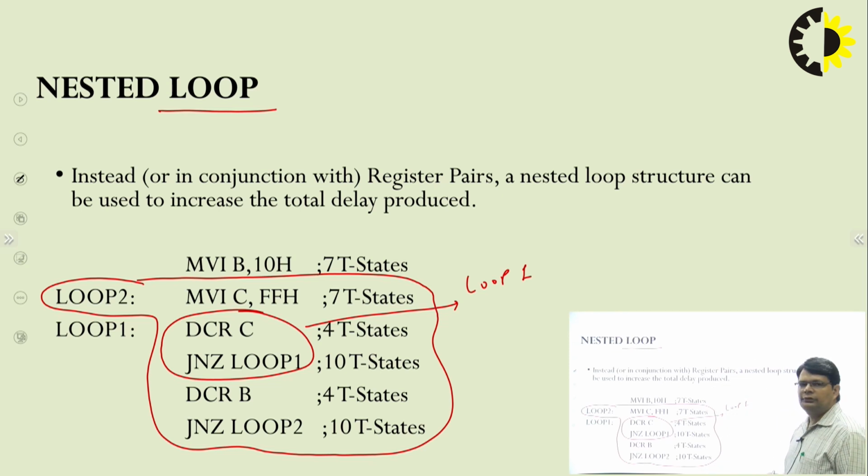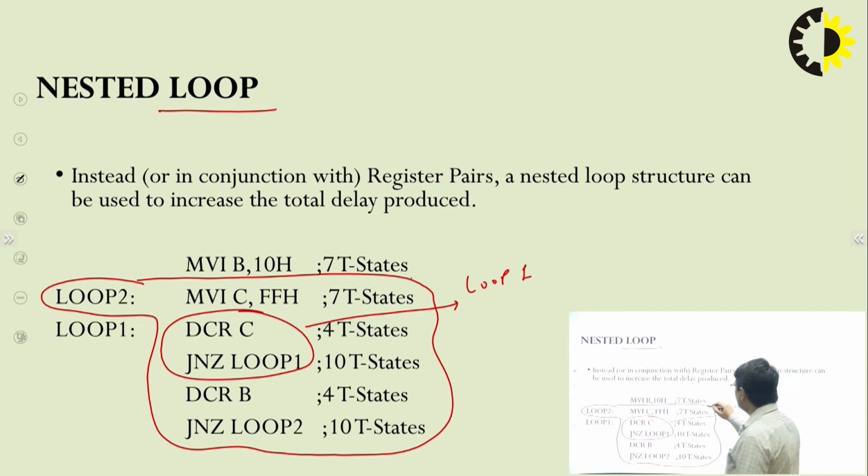We can see that loop 1 is inside loop 2. So loop 2 is the outer loop and loop 1 is the inner loop,